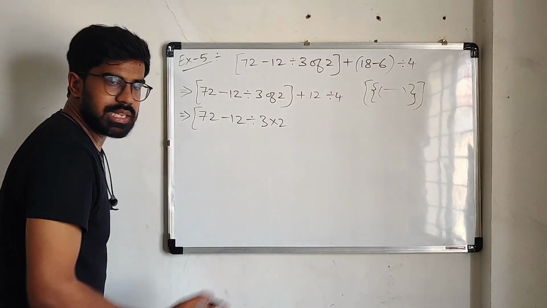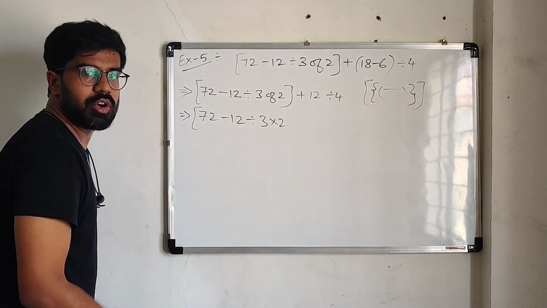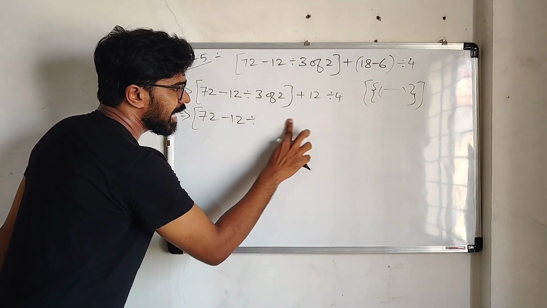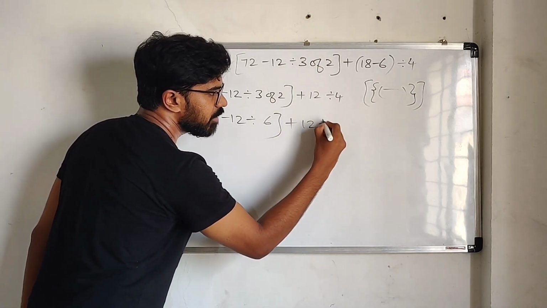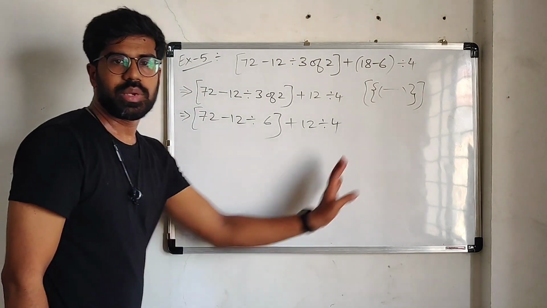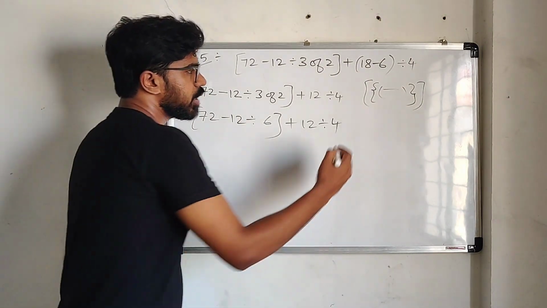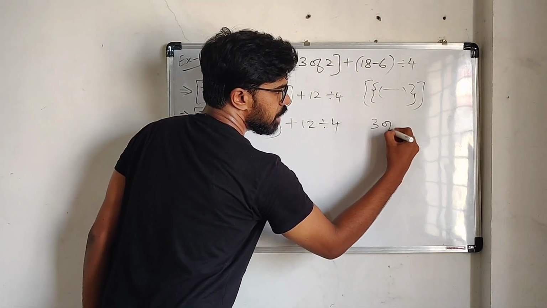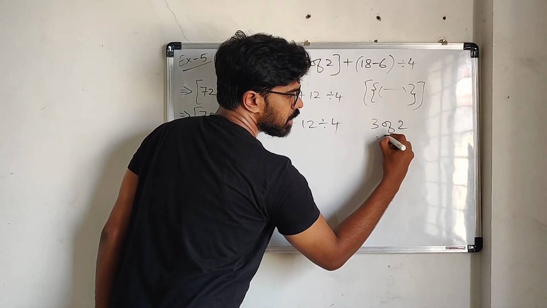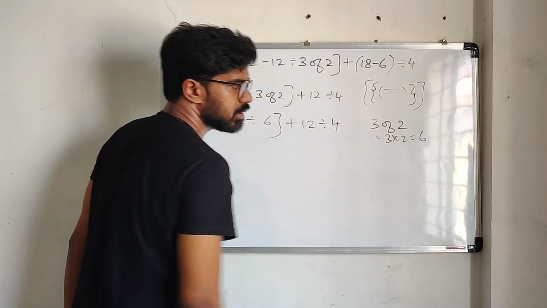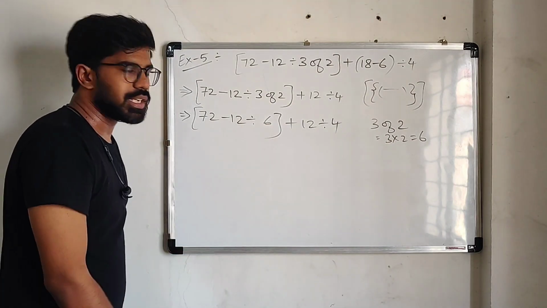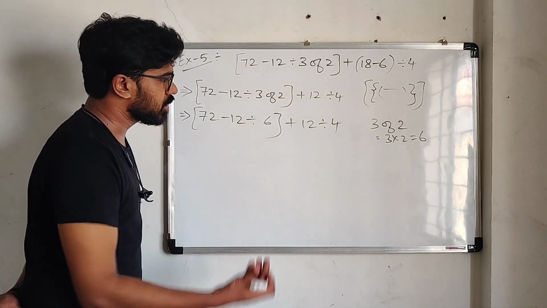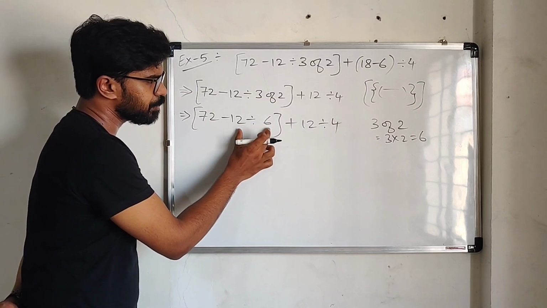You can also write it like this and extend it to one more step. Or you can also do what? You can directly write down the answer 3 of 2 as 6 plus 12 divided by 4. Why? Because when you have to show it on the right hand side, what you can do? You can write 3 of 2 equals to 3 into 2, 6. On the right hand side, you can just show that one. So you got your answer. What comes after of? Division. So simply we are going to do divide of this one.